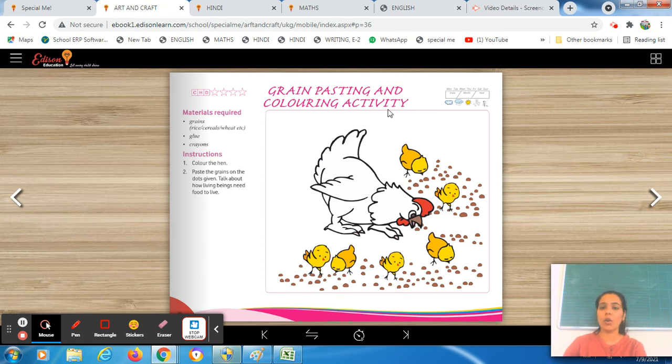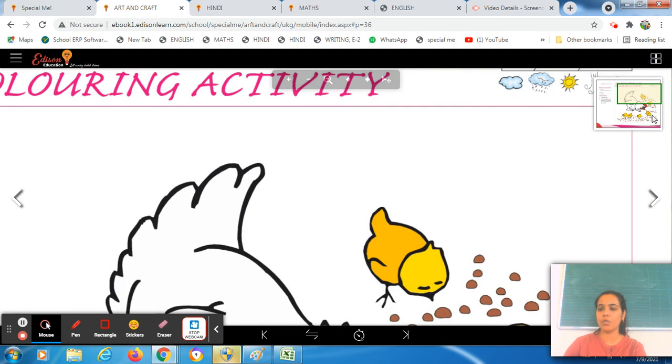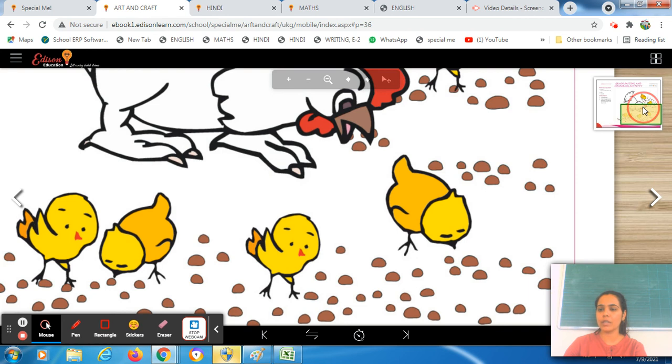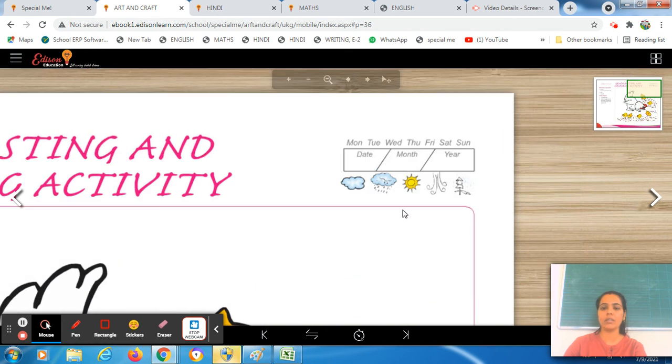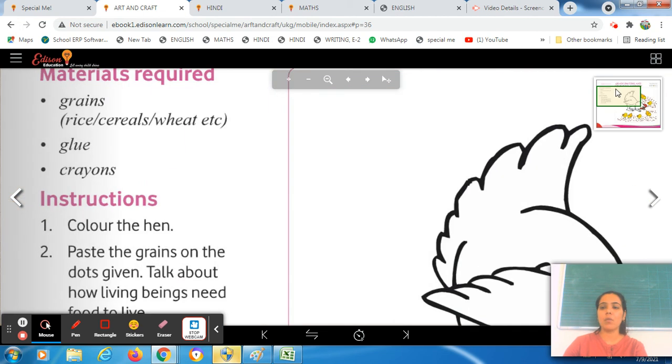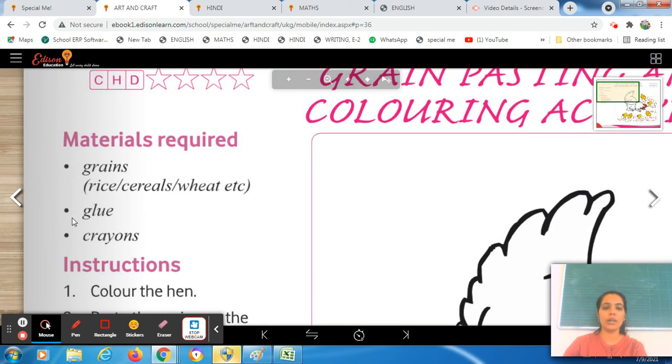Okay, so before starting this worksheet, you all have to fill the topmost column. Here you have to mention today's date. Also circle the day today, as well as go outside, check the weather, and circle the clip art. Fine. Okay, so let's see what is the material required for us to cover this worksheet.